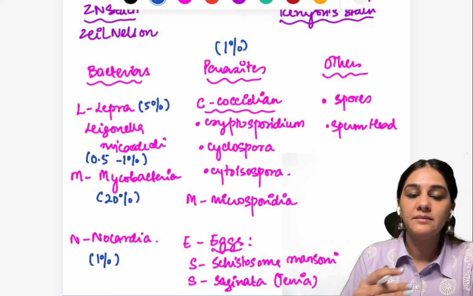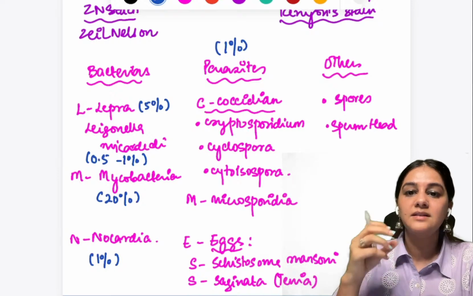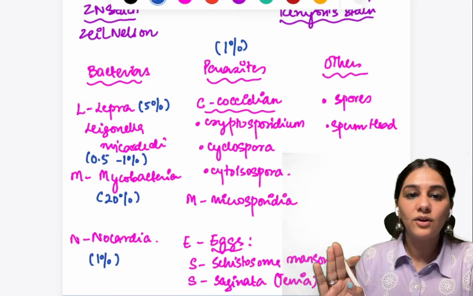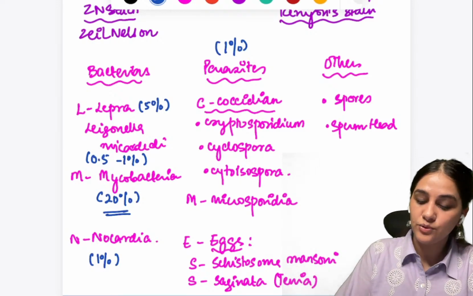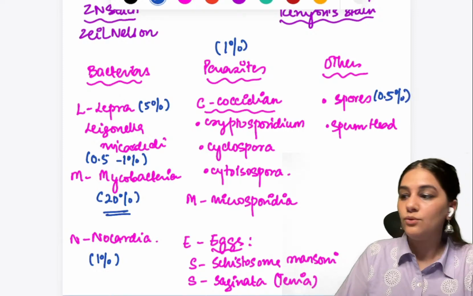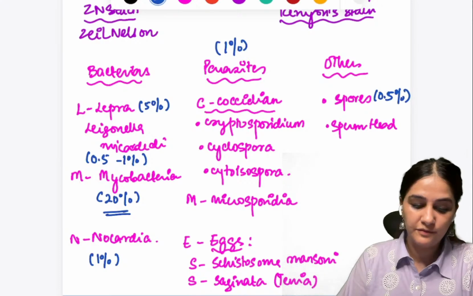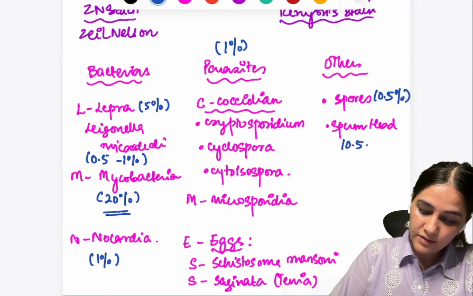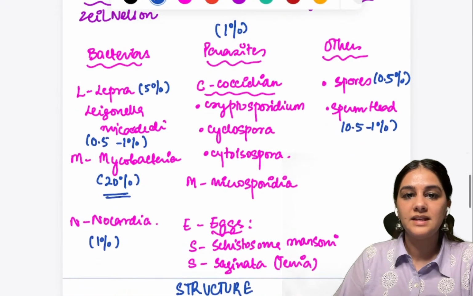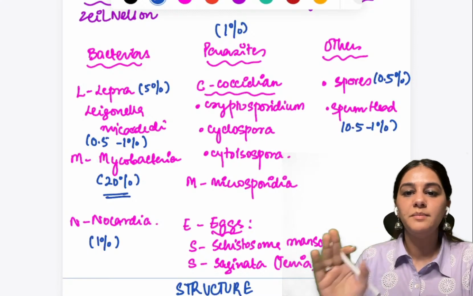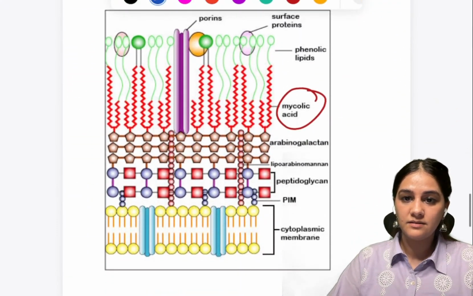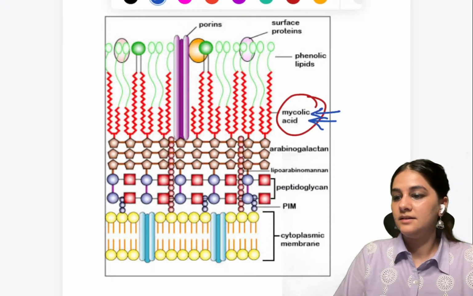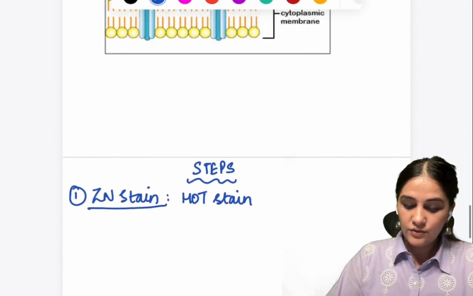So what this means is that the less acid it's able to resist, the level of mycolic acid is very, very less. So maximum mycolic acid is seen in mycobacteria because it's able to resist 20% of sulfuric acid, right? And then there are the spores. Spores can only resist 0.5% of sulfuric acid, and the sperm head is also able to resist 0.5 to 1%. So just remember this table right here. What are the organisms that are able to resist, and what percentage of sulfuric acid is required? Next, what is causing the acid fastness? This mycolic acid right here is causing the acid fastness. Okay? So this is all about your